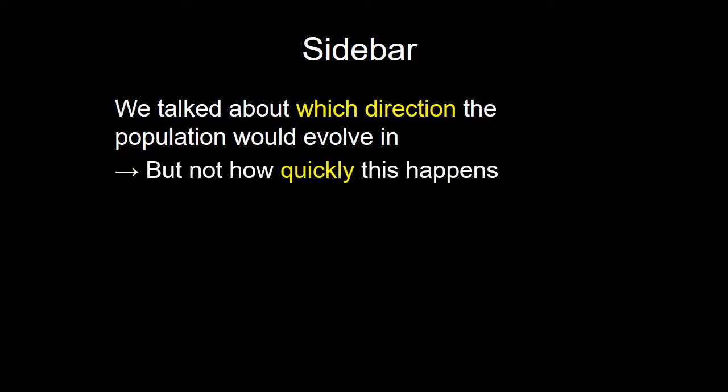So the idea is that the strategy with the higher payoff becomes more common, but the bigger the difference in payoffs, the more quickly the population is going to move in the direction of the higher payoff strategy. One way to formalize this is with the replicator equation. I say a sidebar because if you don't know differential equations, don't worry about it. It's not going to be on the test, but this is just for people that know differential equations and